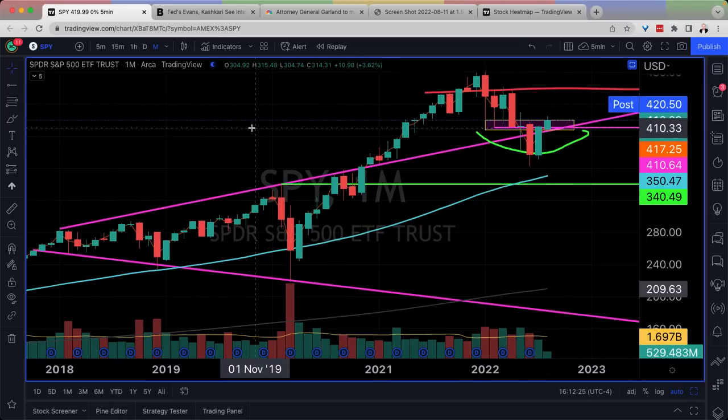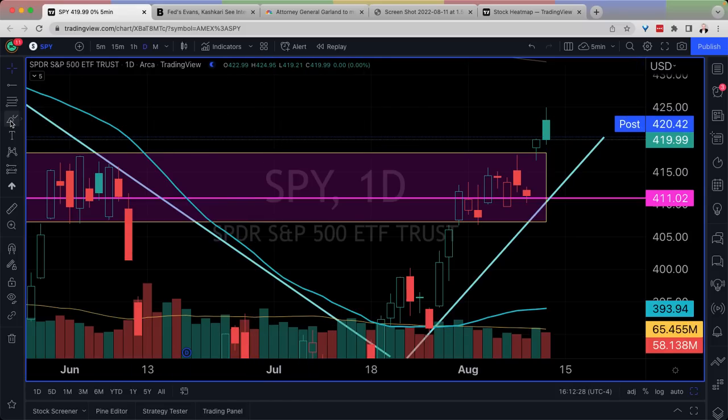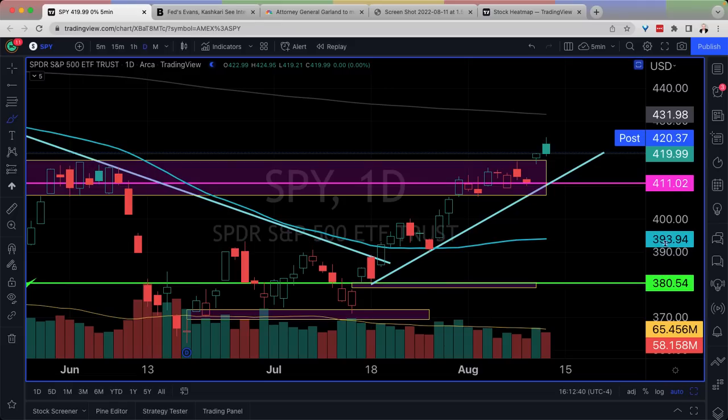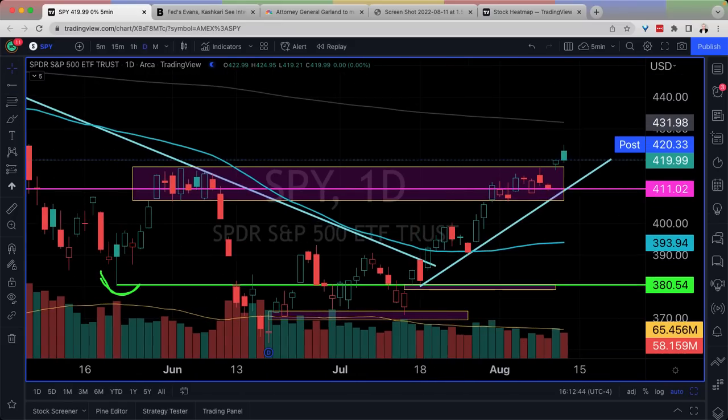All right, now let's talk about the bear case. The bear case is that we're going to go down for a lower gap fill tomorrow. We're going to go and fill this whole hole. And there's a few articles which are actually a very good time for us to assess, not tell the market what it's doing, but assess. We look at the news articles that come out and we look at how the market reacted. So today we